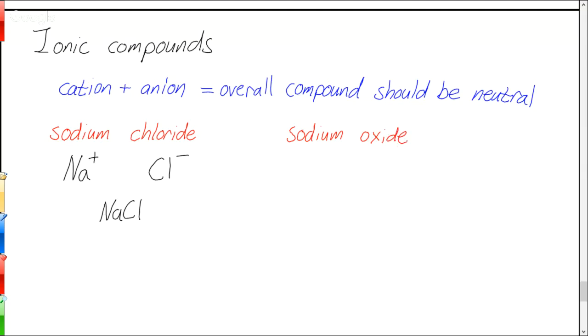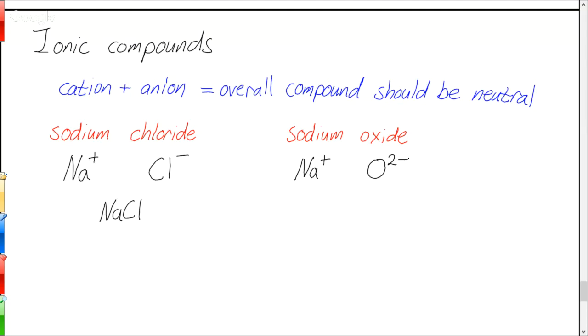Sodium oxide. Same thing. We start the same way. We're going to write the Na for the sodium. And then oxide comes from oxygen. So that's going to be O. And then we find the charges. Sodium still plus. And what's the charge for oxygen? -2, right? So here's where it starts being a little bit different. We can't just put those two together and say that sodium oxide is NaO. Why not?